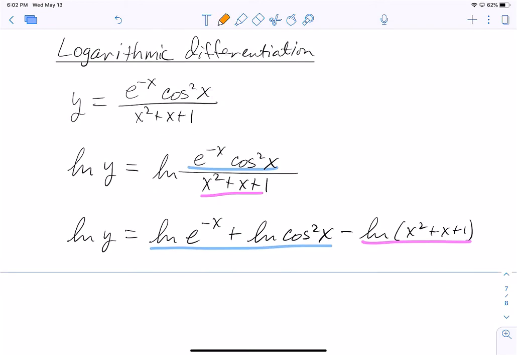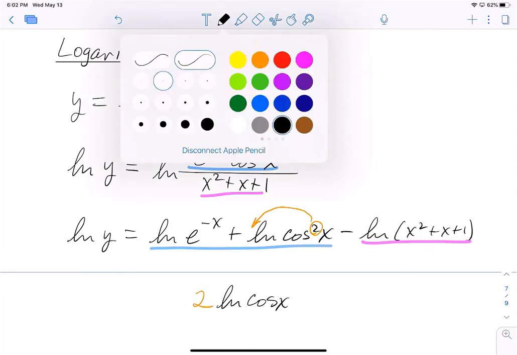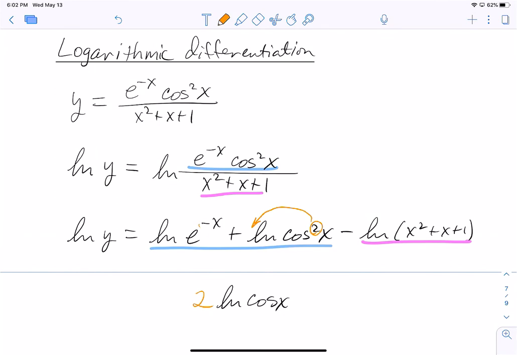We have a further property of logs that says that an exponent can come out front as a coefficient. So for the natural log of the cosine squared of x, we can write 2 times the natural log of the cosine of x. Well, I suppose we can do that for e to the negative x. We can pull the negative x out front as a coefficient. We end up with negative x. But since what's left is the natural log of e, that's all we end up with for that term. For that term, we also could have used a cancellation property of logs, right? Anyway, we end up with the natural log of y is equal to negative x plus 2 times the natural log of the cosine of x